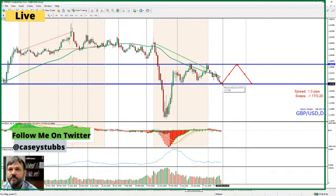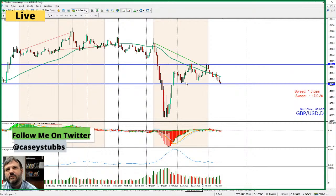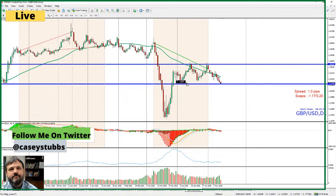So that's another option. And just watch this for an area of bouncing and then say, okay, I'm going to go long. So let's go ahead now. I want to just see some clues here and see what did it look like when it reversed last time. So I'm going to go ahead and insert a rectangle here, and let's change the color on that one